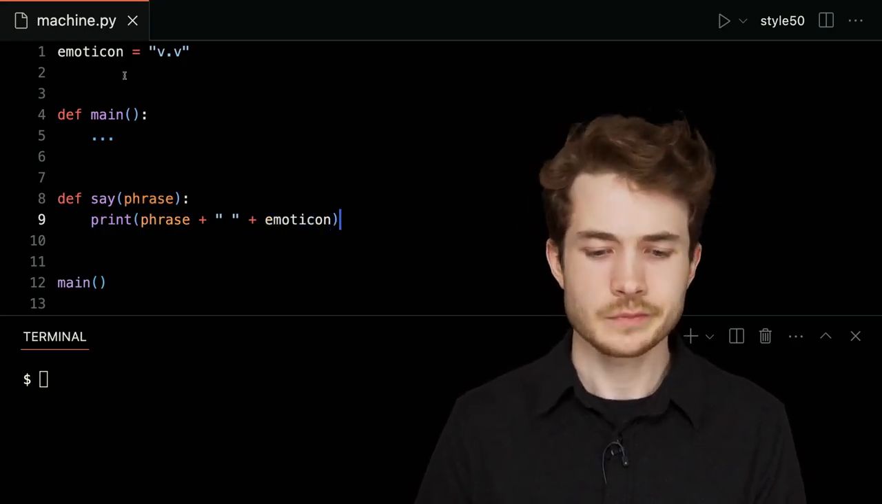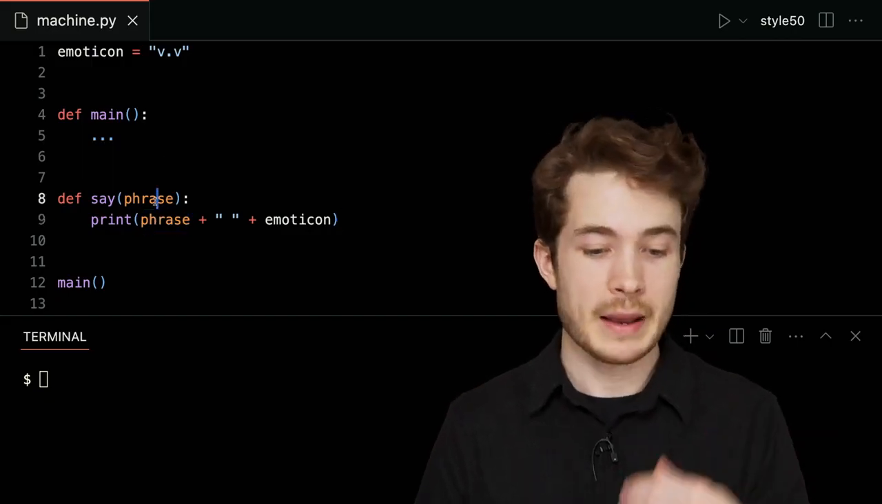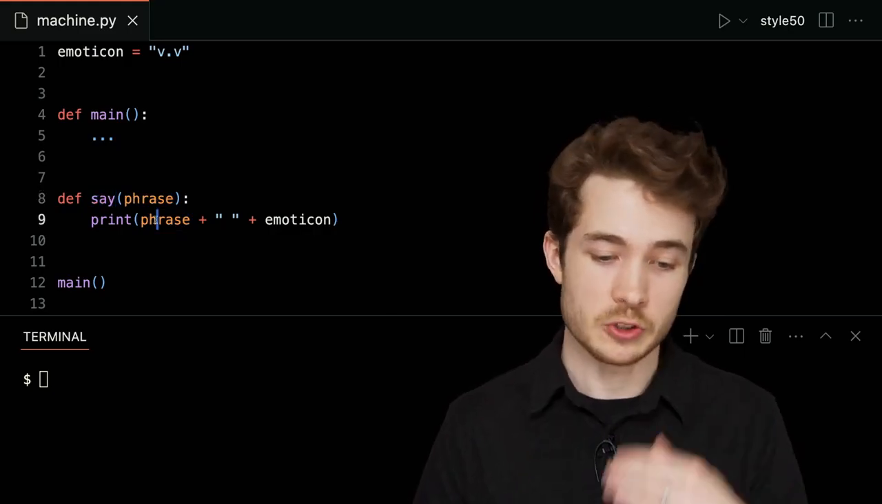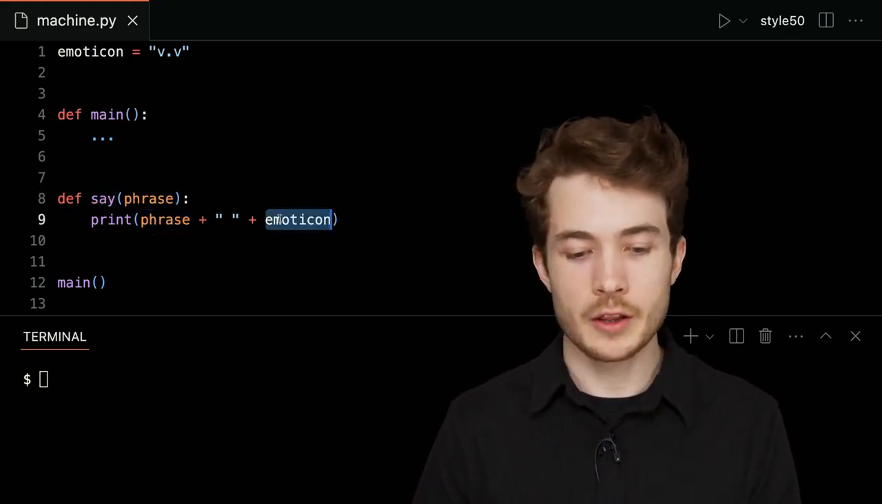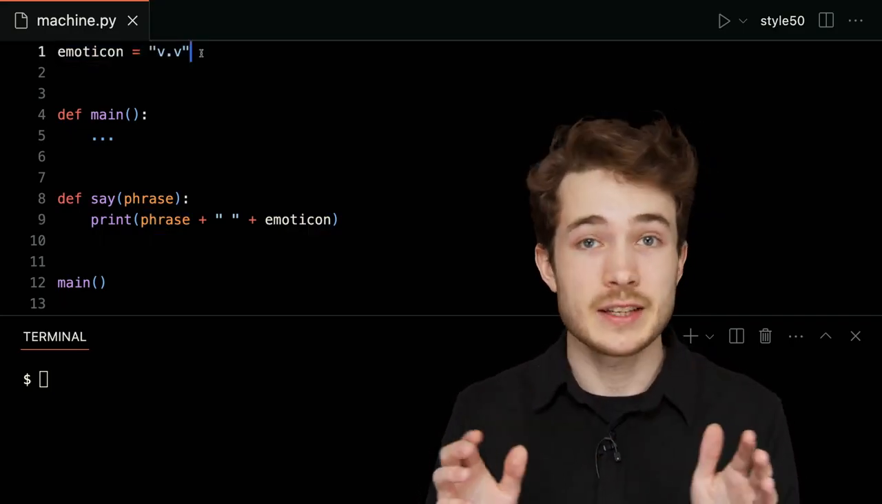So notice how phrase is really a local variable. It's passed as input to this function say and used inside that function. Emoticon, though, as a global variable defined at the top of our file here, is able to be accessed by any particular